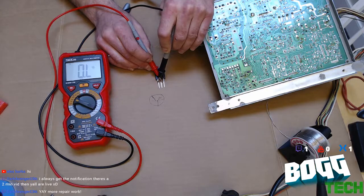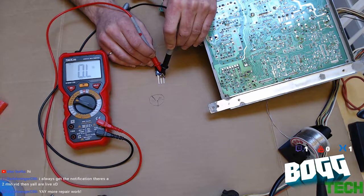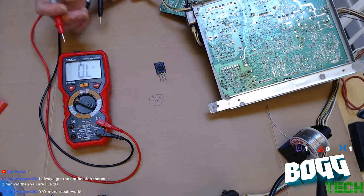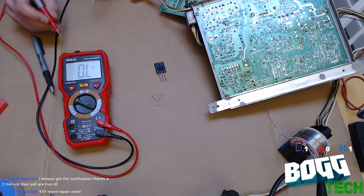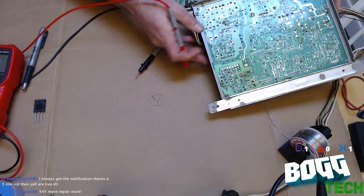And what that means is there's a diode in there. Same way this way. That's what a good transistor should show you. It should show high resistance, in this case 37 kilo ohms through one side and no flow through the other side. And if we test the transistor that's on here,